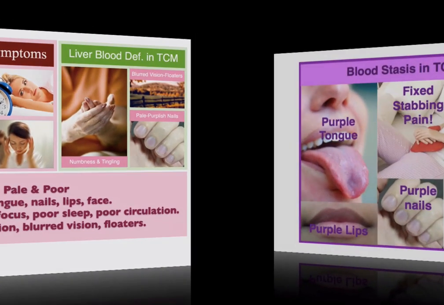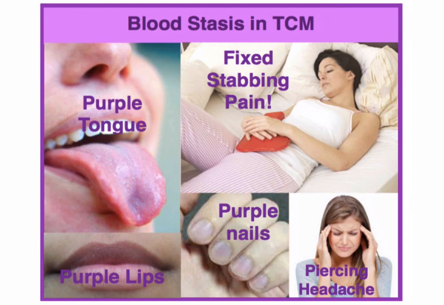Okay. The opposite would be blood stasis. So liver blood stasis, because remember, liver is in charge of moving qi all over the body, right? Qi's function is to move blood. Okay, so liver moves qi and qi moves blood. So if there is liver qi stagnation, liver is not able to move qi. Eventually, if qi is not moving, it cannot move blood, so blood stasis ensues, right? So eventually there is liver blood stasis coming from a liver qi stagnation perspective.